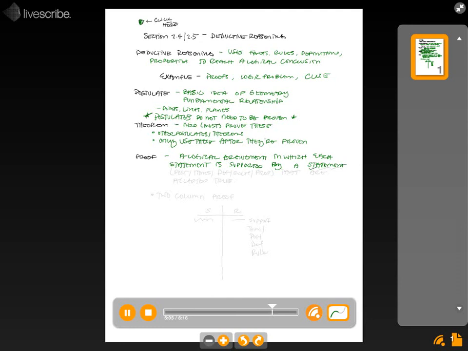And those statements there, these ones here, are going to be postulates, theorems, definitions, rules, properties, those types of things that are accepted